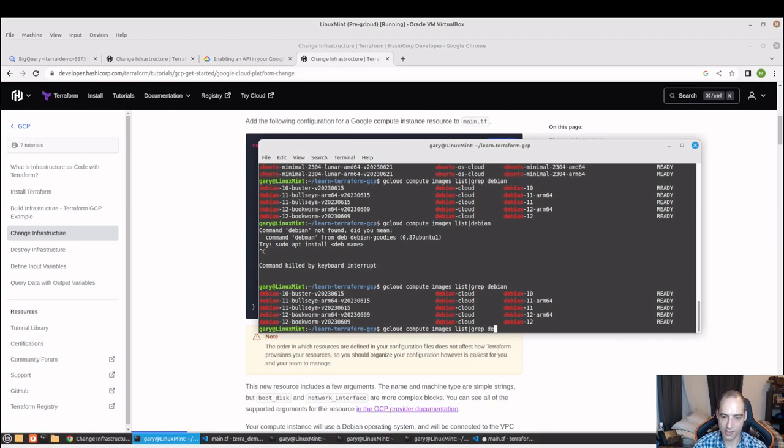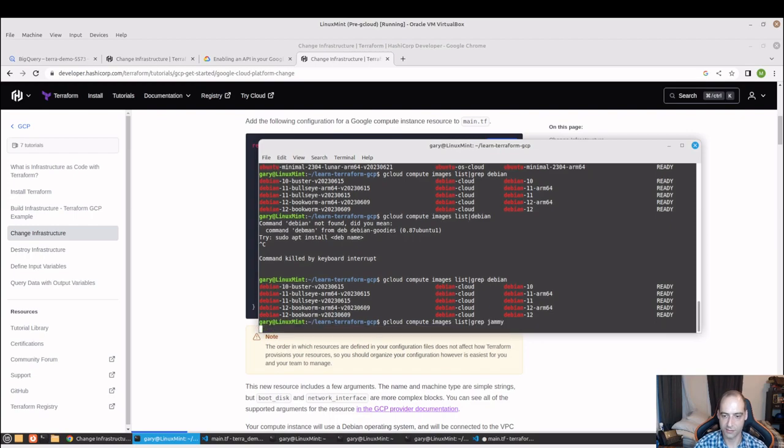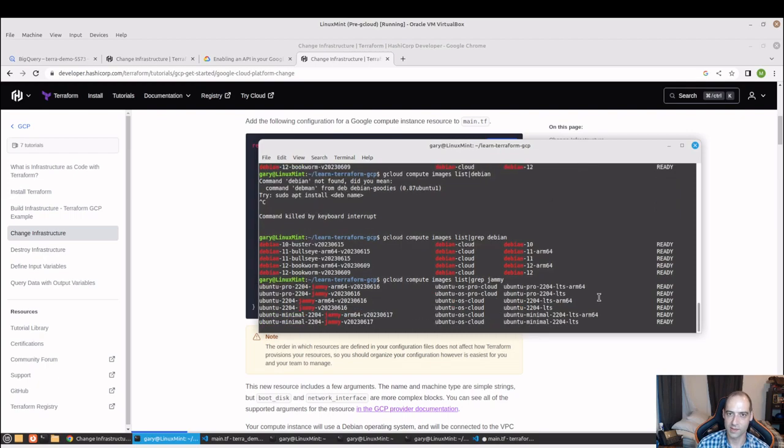So all I did was compute images list, and then I grepped for Jammy because I know that is in one of the Ubuntu release names. There's going to be several images. You're probably going to see the ARM architecture. Yep, there it is. And again, you just use this piece, slash, and then that piece. If you wanted ARM, you would go with that. If you wanted the minimal Ubuntu, you would have that there. Okay,